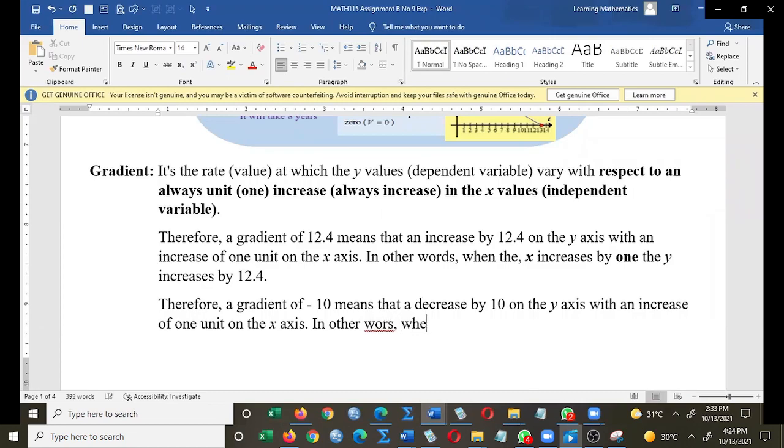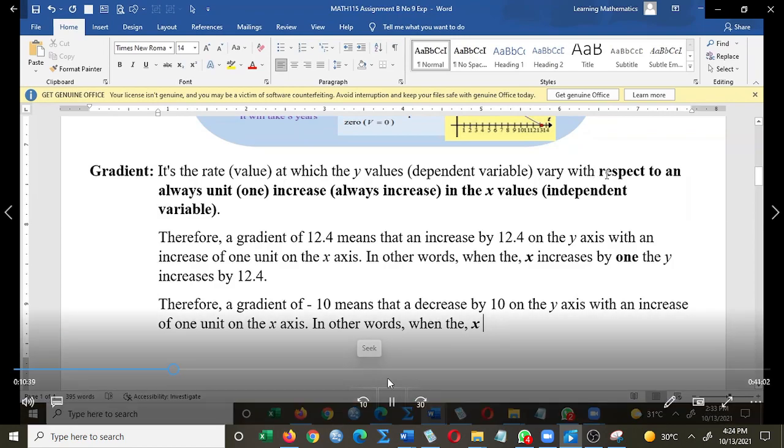In other words, when the x increases by 1, the y decreases. Always an increase when you're talking about the x. Let's go back up there: when the x increases with respect to one, the y decreases. In other words,